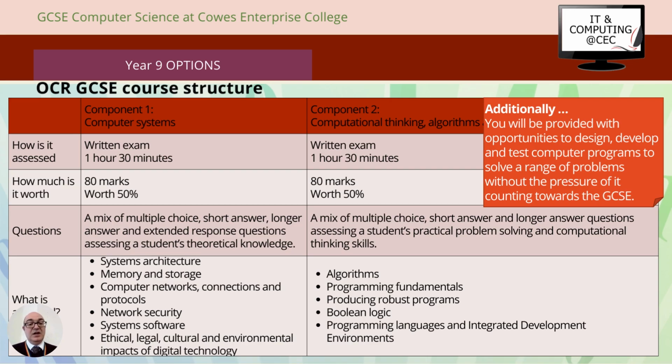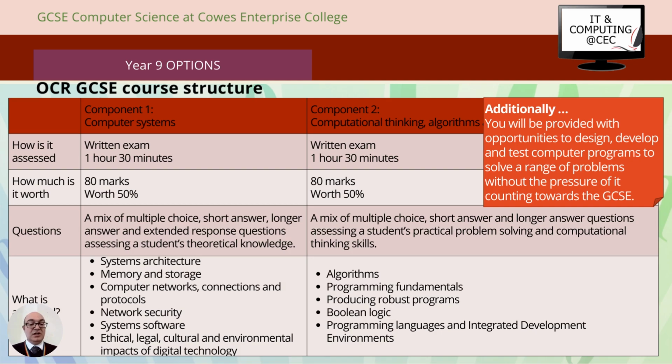In paper 2, there are similar short, long, and mixed multiple choice questions, but you'll also have an opportunity to do some coding. It'll be written. You'll be writing your code. You'll be looking at programming code, and you'll be making observations and adjustments and improving the code. And as part of paper 2, we'll also be learning about algorithms, standard algorithms. We'll be looking at programming fundamentals, but also how to make robust programs. So that means programs that are unlikely to break down or crash.